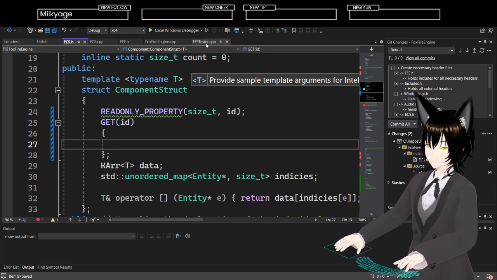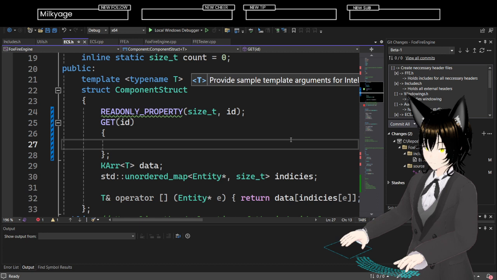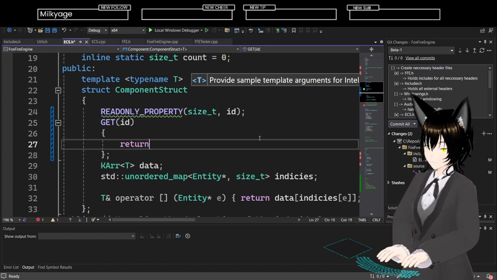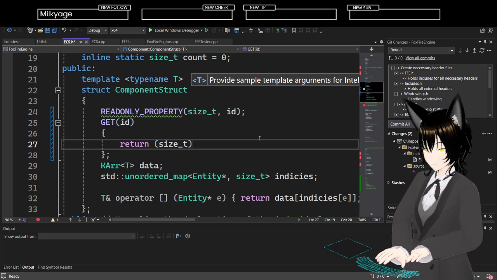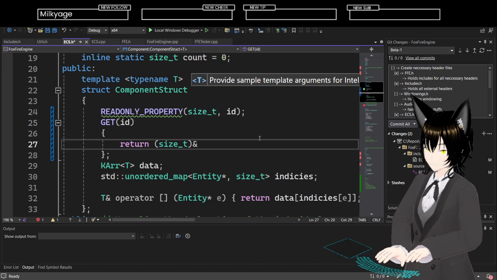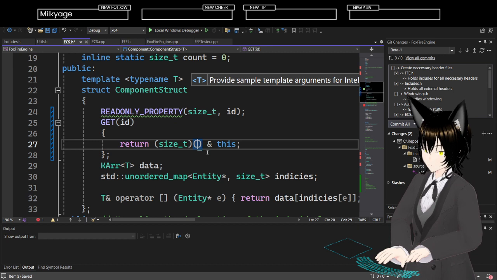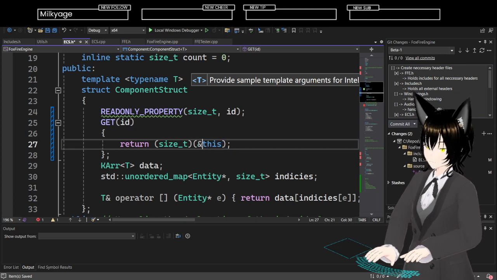Do I have anything going on here? Do I have anything going on here? No, I don't. Okay. So in here, what should happen is return size T, the address of this, right?